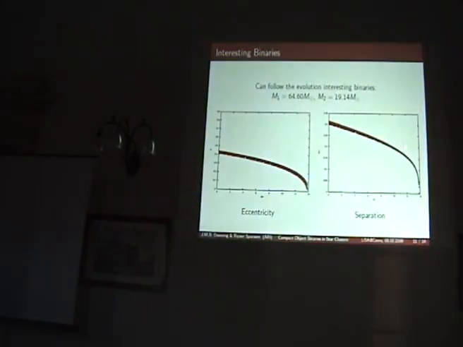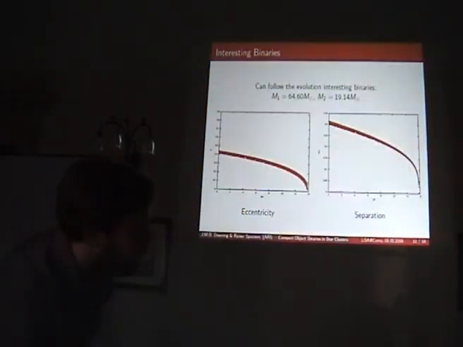Here's the separation. This is in AU, so it starts at about 0.3 AU and then spirals in. And I'd like to point out again, as was pointed out earlier, we really are taking binaries and evolving them all the way into merger. And so we can get the whole thing here from these PN codes. We've got everything down to a merger at this point. You can probably start to question right at the end how accurate the PN methods are, but we can get really, really close to the merger, the last few inspirals, with this method. We can carry it all the way through.